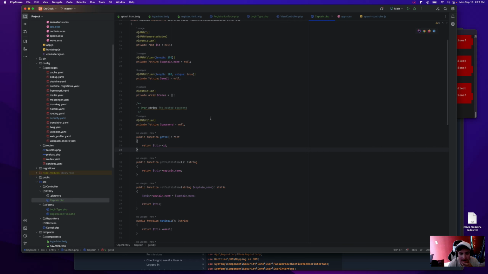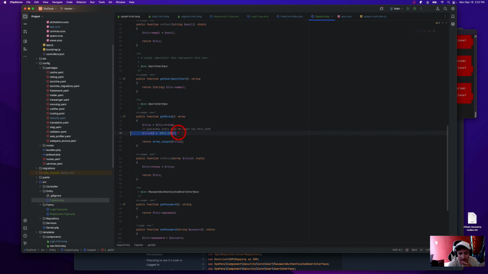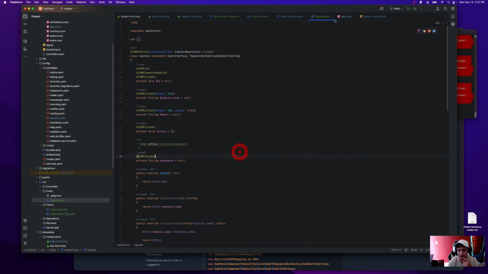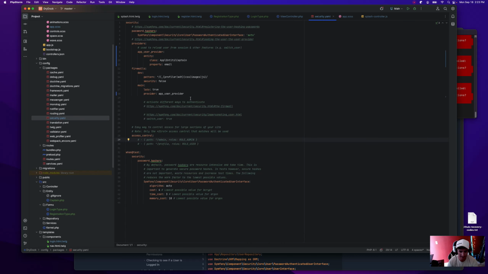Should be everything we need. Roles, we need to make sure user role is always there. It is. Okay, that's good. Alright, so we created our user class. That's the first thing. And if we look in security here, it added right here our user provider, captain with the email as the identifier. So it did all that for us in security.